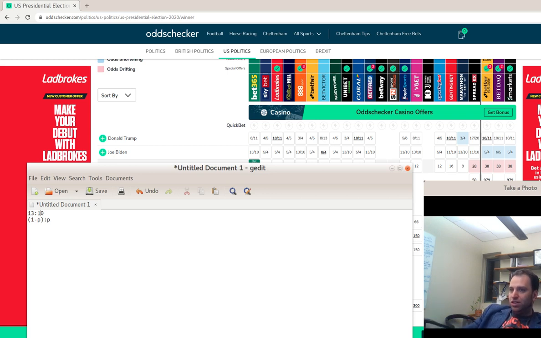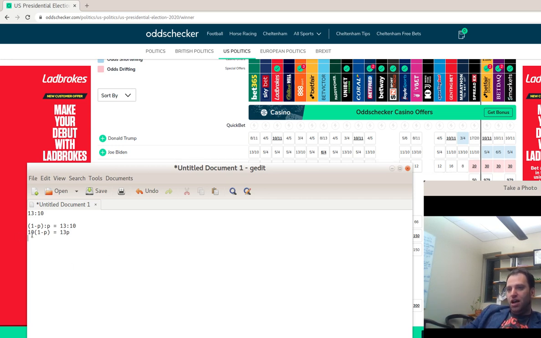If those were fair odds, and P was the probability of Joe Biden winning, then it would be like this. If you assume for a second that those are fair odds, in the sense that if you take this bet, you'd lose on average as much money as you win, then if (1 minus P) over P is 13 to 10, you can calculate what P is. You just cross multiply, right? So you would say 1 minus P times 10 is equal to 13 times P.